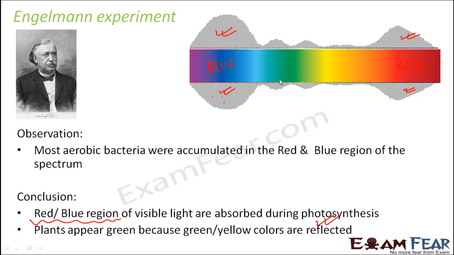One is that they contain chlorophyll, and chlorophyll is the pigment which helps in absorbing light of particular wavelengths. So chlorophyll will absorb the blue region and the red region, so it will reflect mostly the green and the yellow. That is why plants appear mostly green. Sometimes they also appear yellow to orangish in color. So I hope this is clear. This is how we are gathering all the information which will together lead to the discovery of photosynthesis.